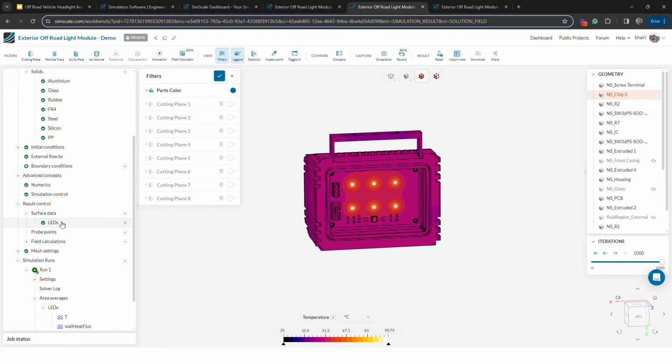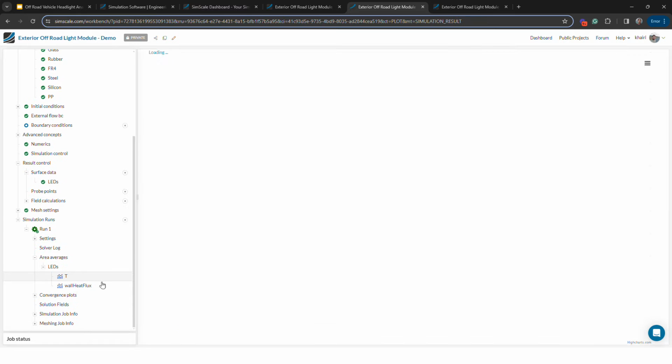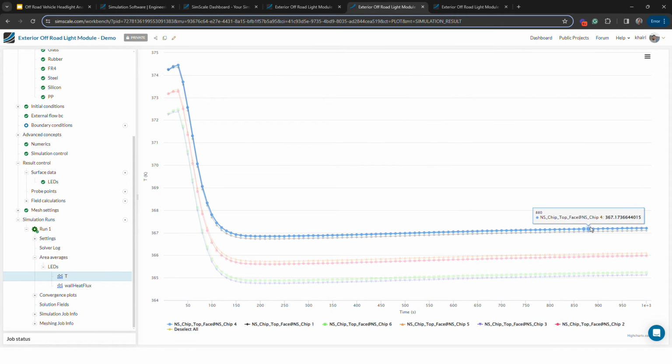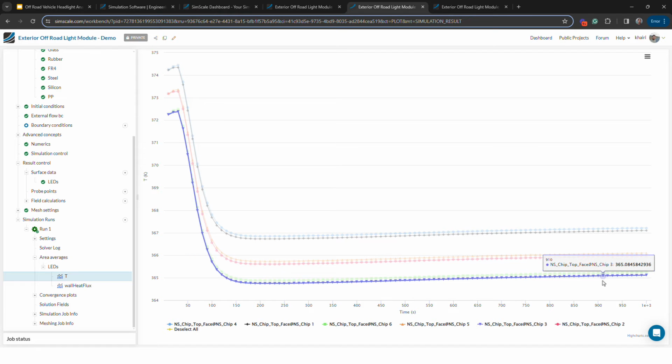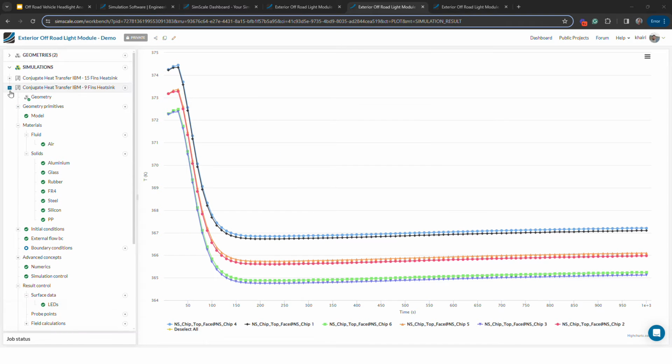In the preprocessor, you can define area averages to extract the average temperature on these LED chips. We see over here that the values range from around 365 to 376, which is around 92 to 93 degrees Celsius, approximately 4 degrees lower than the 15 fins heatsink design.